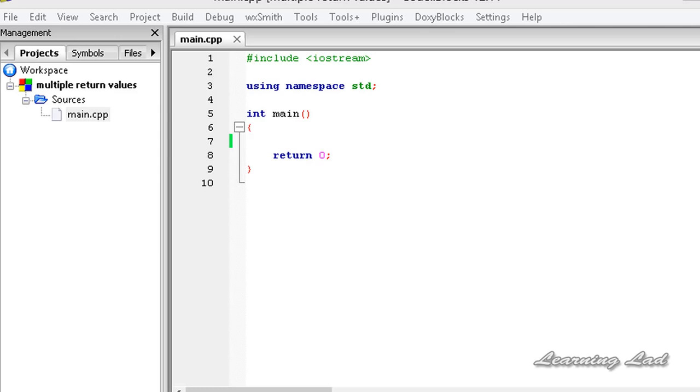So in this tutorial we're going to learn about multiple return statements in a function. In the tutorial about returning values from functions, we were using the return statement to return some values to the calling function. In that tutorial we were using only one return statement in a function, but actually a function can have multiple